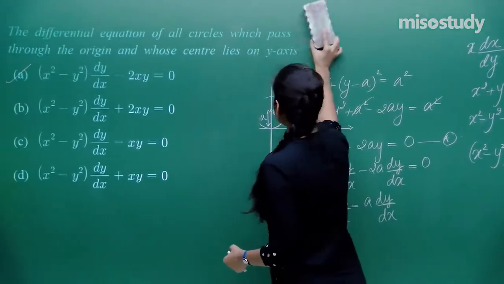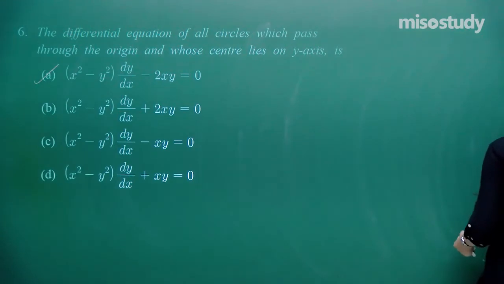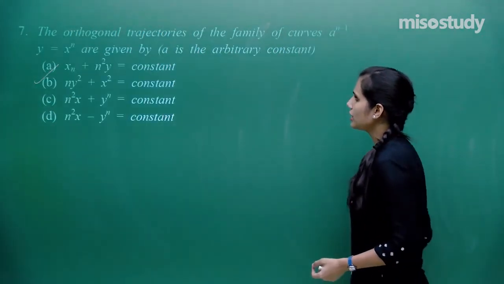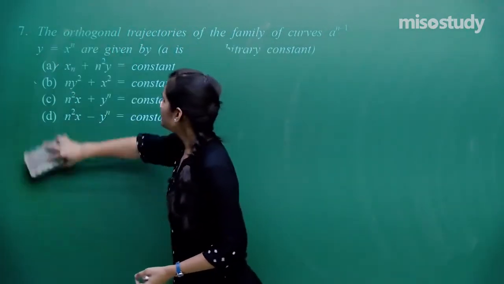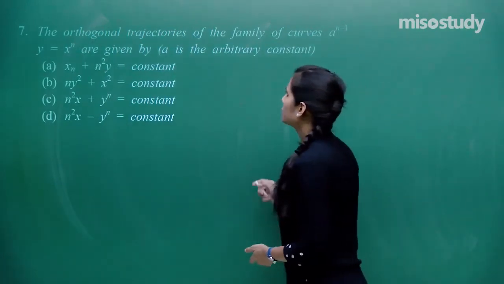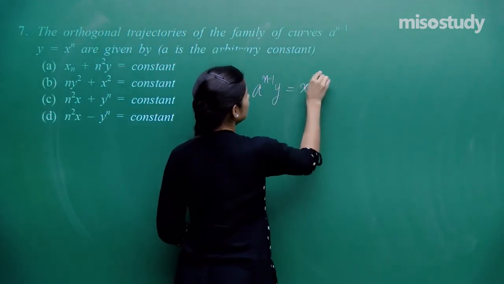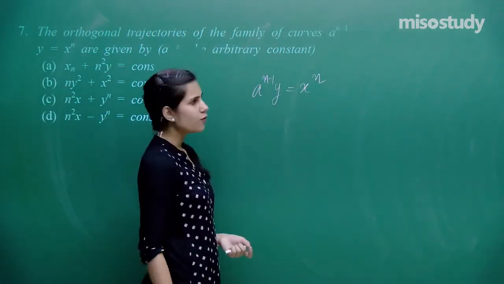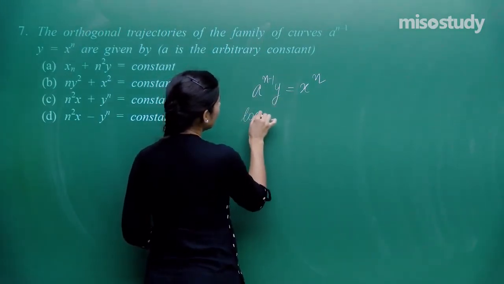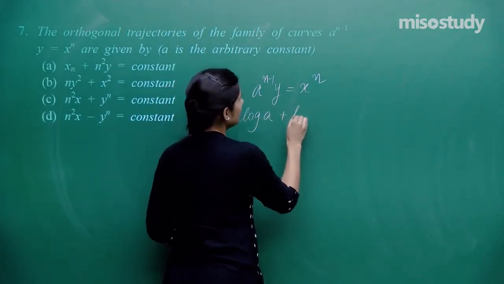Next question, let's see what it is. I have the next question, the orthogonal trajectories again. Orthogonal trajectories of the family of curves a to the power n minus 1 into y equals x to the power n. Convenient is to first of all take log both sides. When you take log both sides, you get log of a to the power n minus 1, which is n minus 1 log a, plus log y